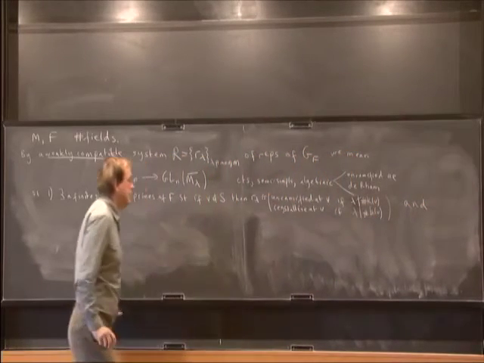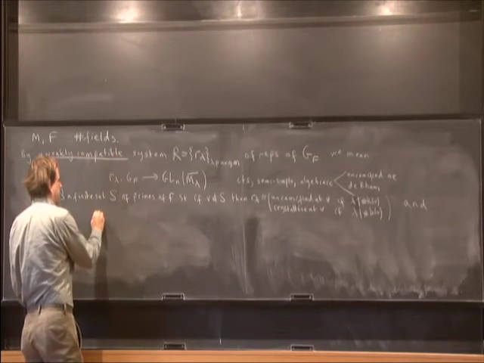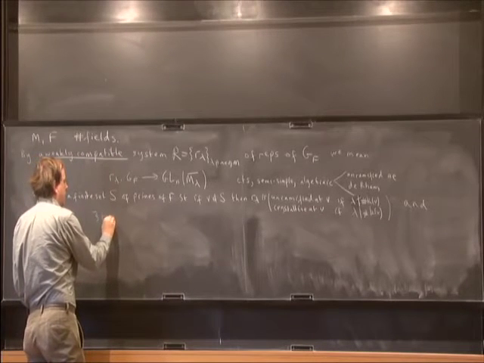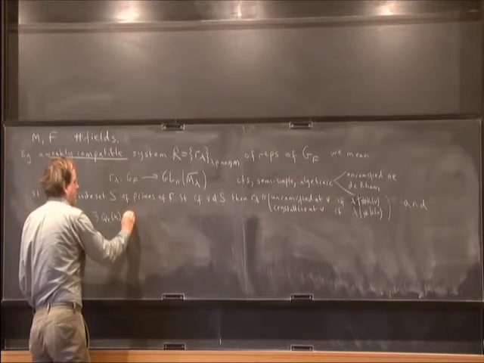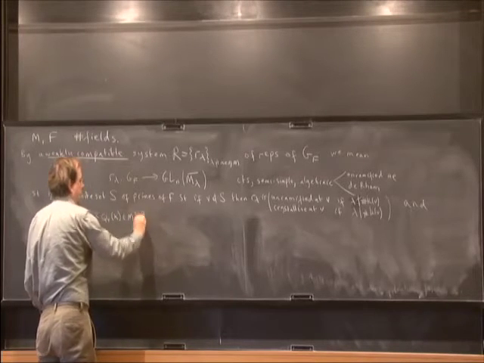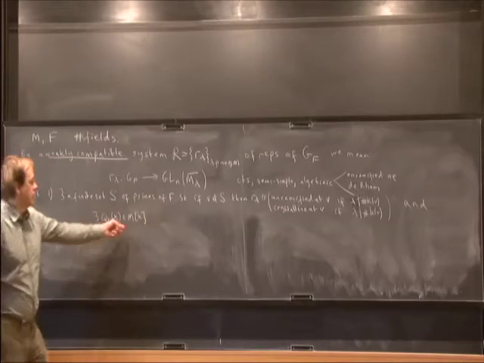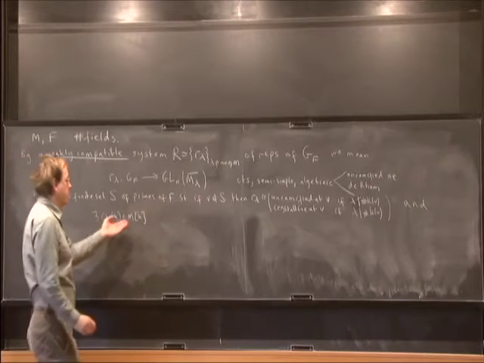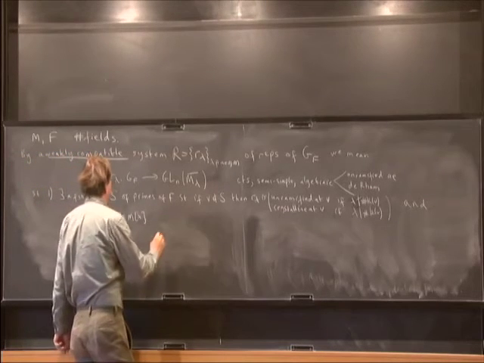And this compatibility: there exists Q_v of X, a polynomial in a variable with coefficients in M, which will be the common characteristic polynomial of Frobenius,